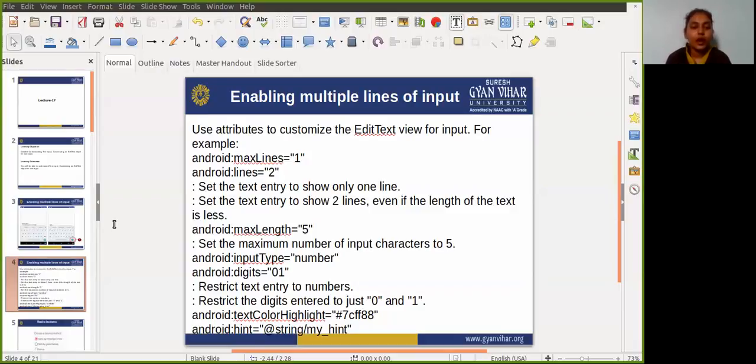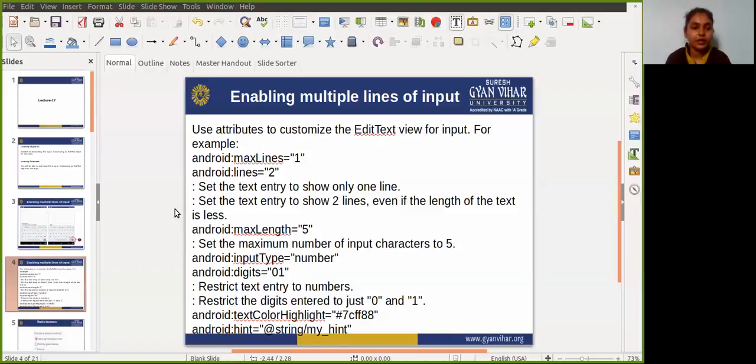Use the android:inputType attribute with the following values, like textCapSentences, textAutoCorrect, textPassword, textEmailAddress. These kinds of input values you can use with the android:inputType attribute.